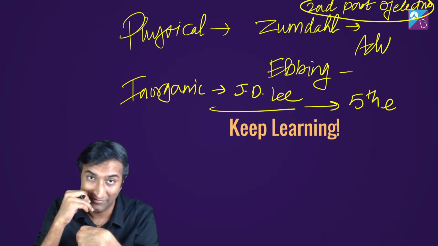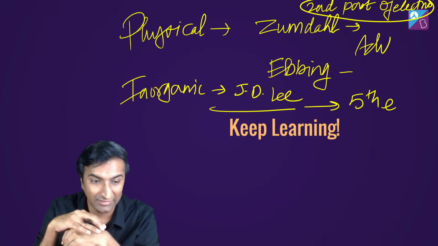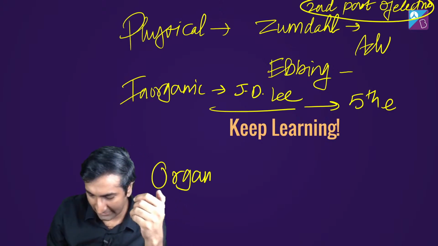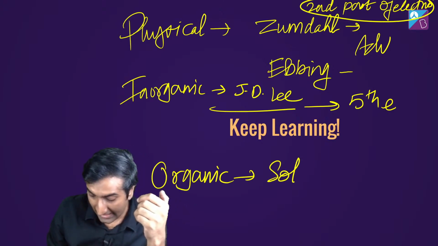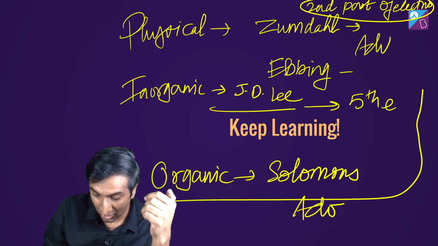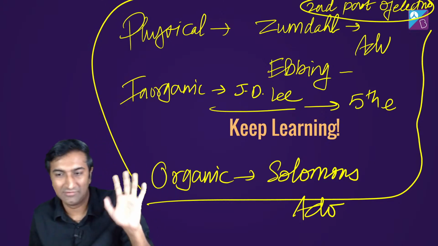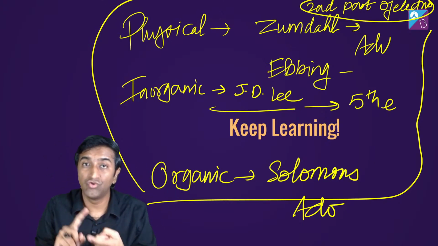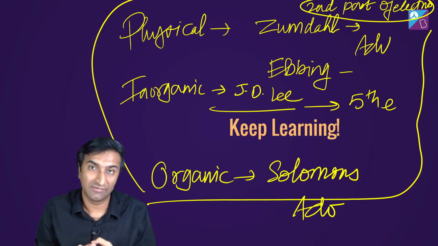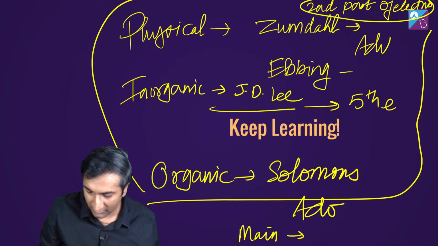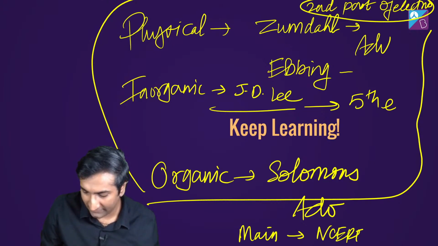Nimai ji, I am a physical chemistry and organic chemistry guy. Organic teacher, there will be another person who will help you out. But sure, I can help you with the book. Organic की book is Solomon's. And again, guys, all of these go all the way to advanced. ठीक है? This is not just a JEE main book. अगर JEE main आपका full focus है, NCERT is more than enough. But make sure you do exemplar and PYQs. Okay? If your focus is only main, then NCERT plus exemplar and PYQs.